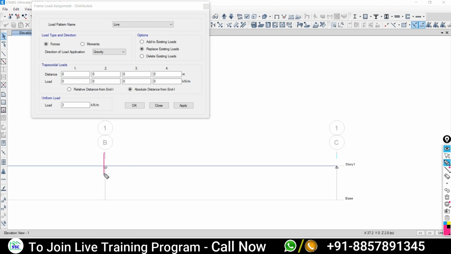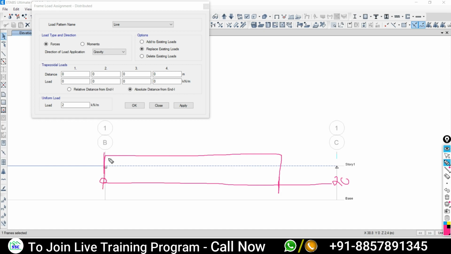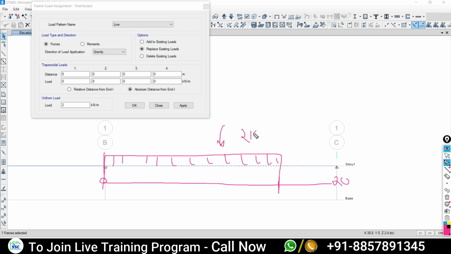It is a single frame, counting from 0 to 20, and up to 16 meter the load is there. Right? It is 2 kilonewton per running meter for this length only.